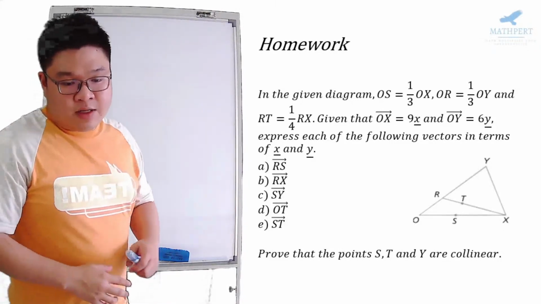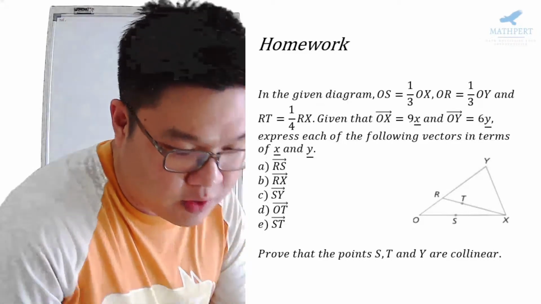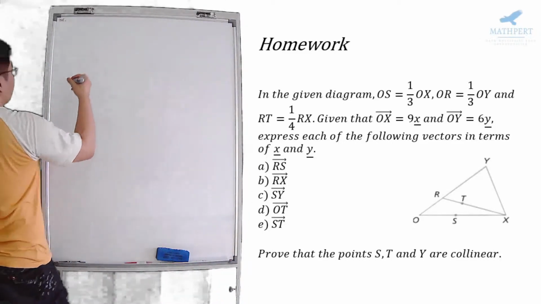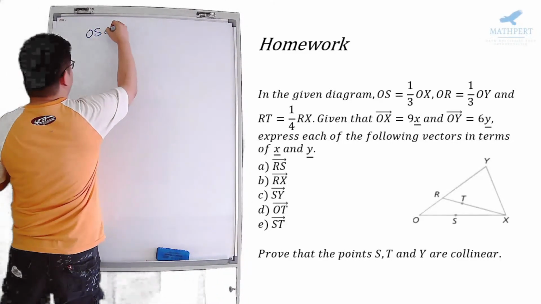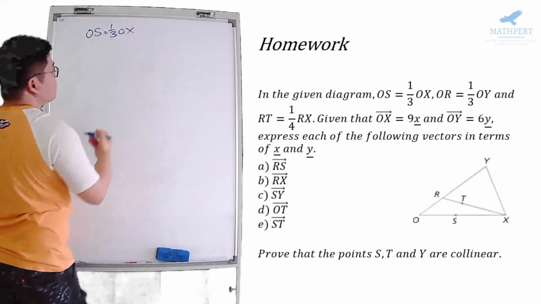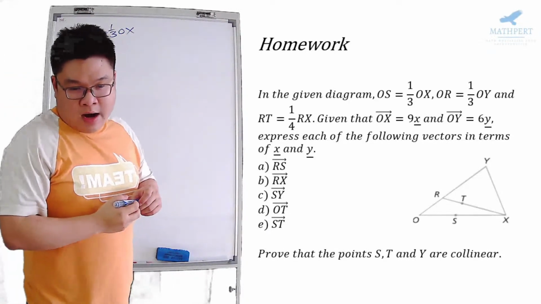In the given diagram, OS is 1/3 of OX, and OR is 1/3 of